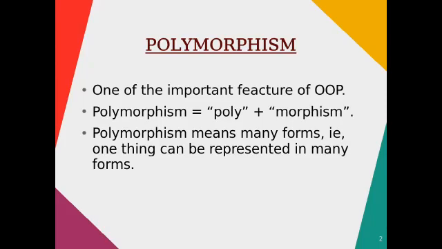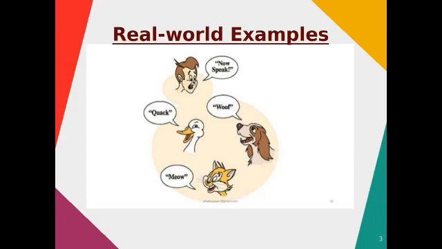So, to get a complete idea, I will give you some real world examples. Consider I have a dog, a cat and a duck. If I ask a single question, how are you, to all these three animals, I will get different answers. The dog says just oof, the cat says meow meow and the duck says quack quack. Here for a single question, I am getting different answers. Similarly in a programming language, the same operation can have multiple outcomes. Just like in our example, the operation we are performing is asking a question, how are you? But the outcome we got is different in every situation.